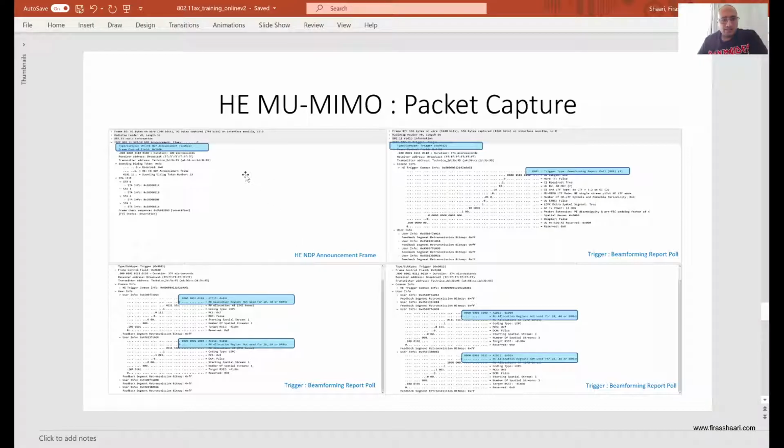Like I said, the first thing is the NDP announcement. The AP will start with the NDP announcement. It's telling all the clients who's going to be participating in this upcoming downlink multi-user MIMO. It lists all four clients here. Then the second is the AP will actually send the trigger,